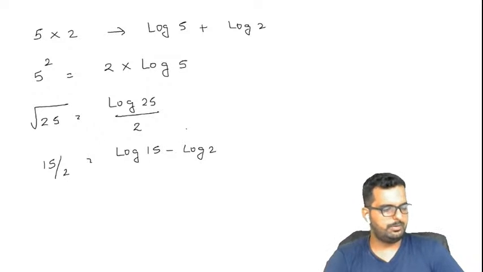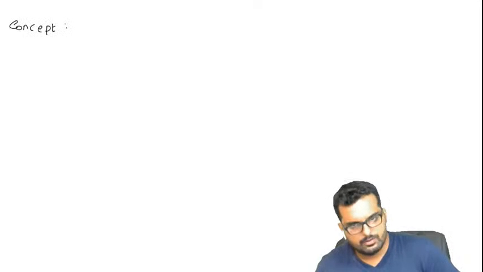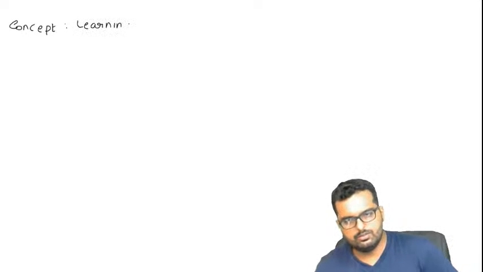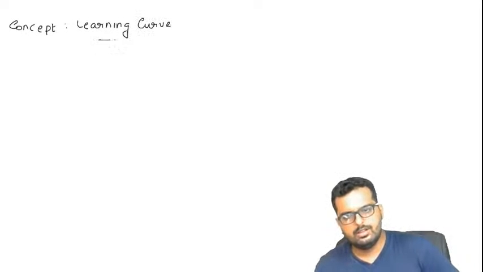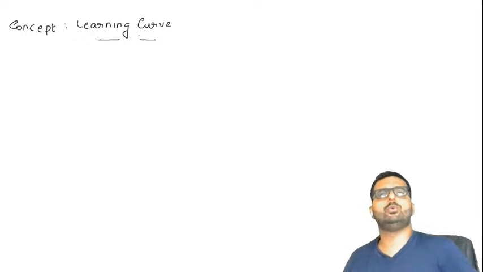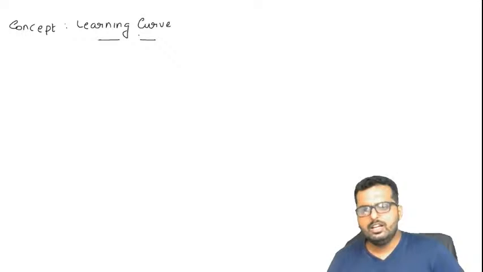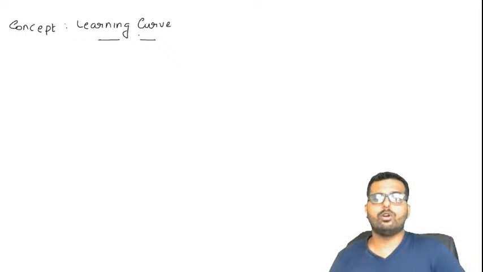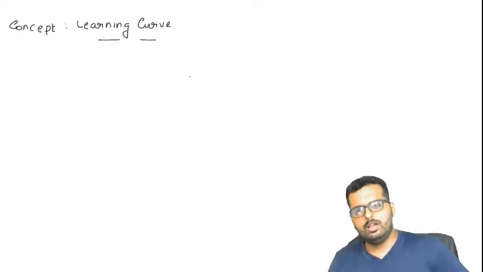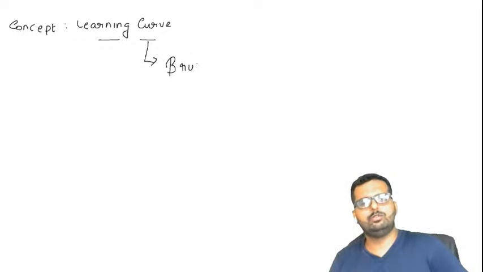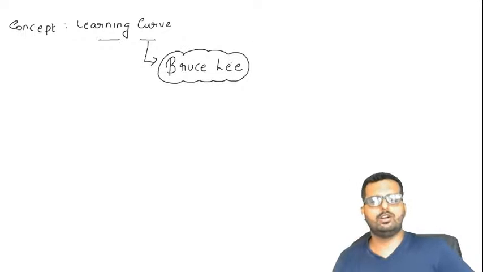Alright friends, I believe everybody is thorough with this part now. If you have understood logarithm, we'll go to the next concept, which is called learning curve. This concept says that if you repeat the same thing again and again, then the time taken for this will normally come down. I will share with you one personality's name over here, with which we'll start this concept of learning curve,